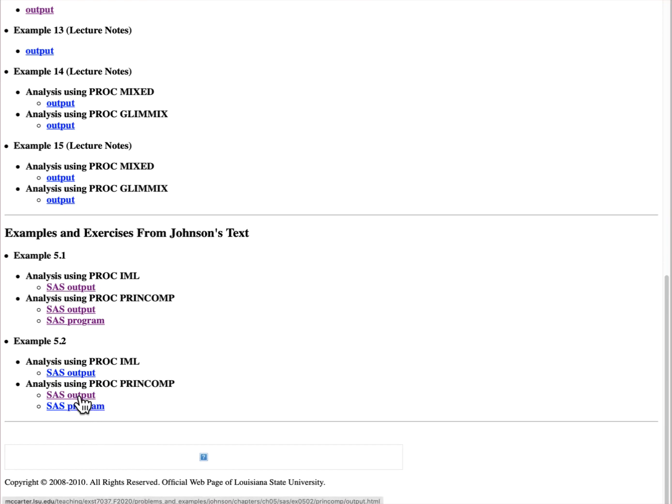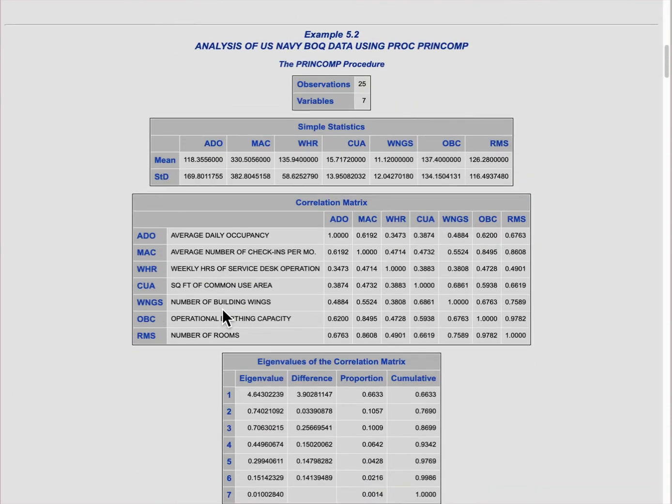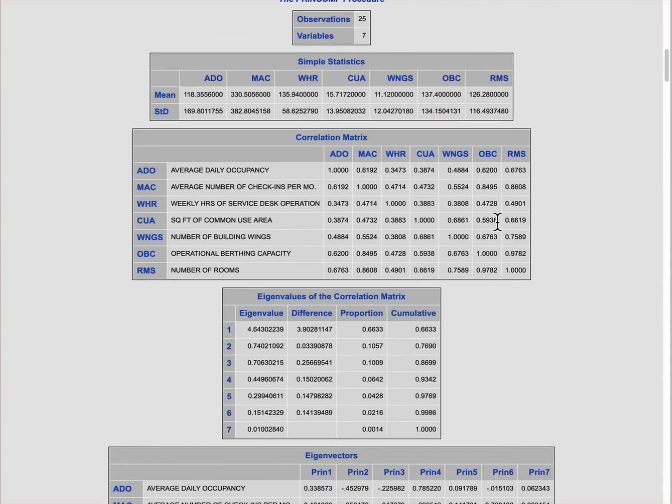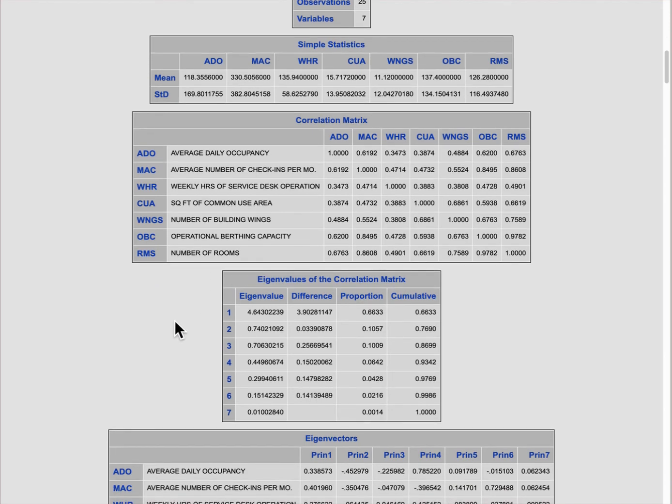If we look at the output from Proc Princomp, again, what we need are the eigenvalues, the characteristic roots of this estimated covariance matrix. We also need the diagonal entries of that estimated covariance matrix. Now, the numerator is the product of the characteristic roots of the estimated covariance matrix, and the denominator is the product of the estimated